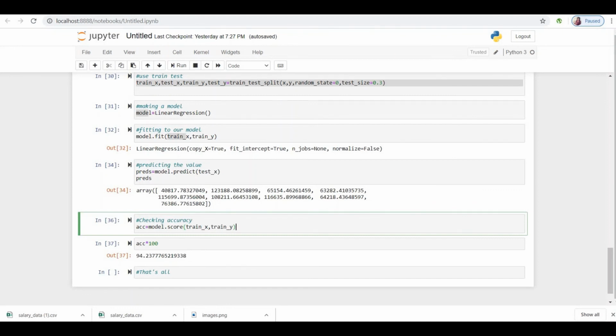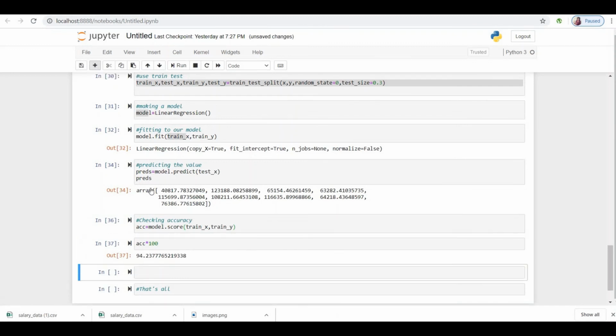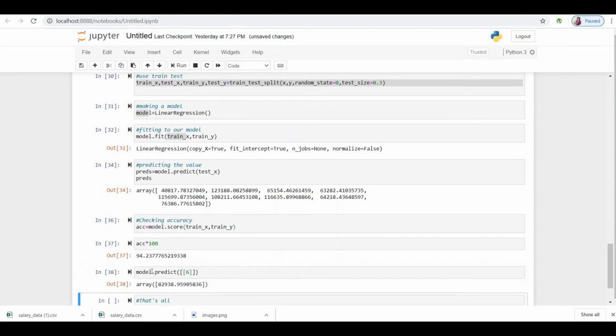We can also provide some custom inputs, so let us do that as well. We can use model.predict and put in some custom inputs. If my years of experience is 6, then what will be my salary? You can see that my salary will be 82,000, approximately 83,000.